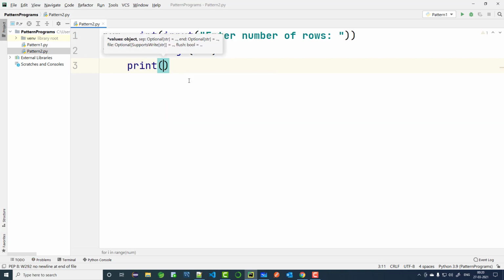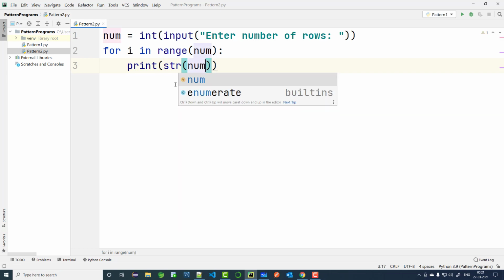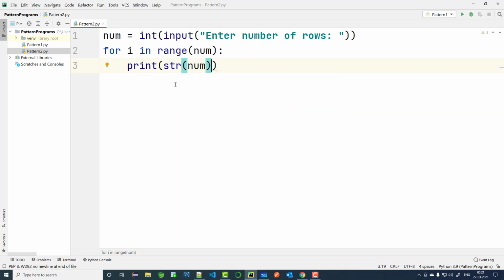Within that, we don't have a string here, right? We have a number, so we have to convert it into a string. So str of num plus a single space put into a bracket, and then multiplied with num.